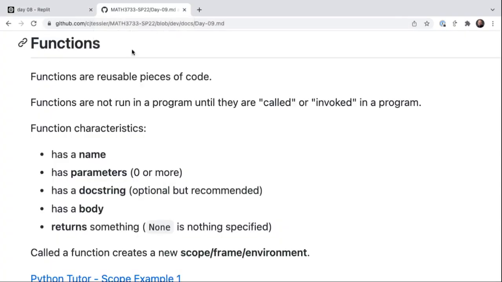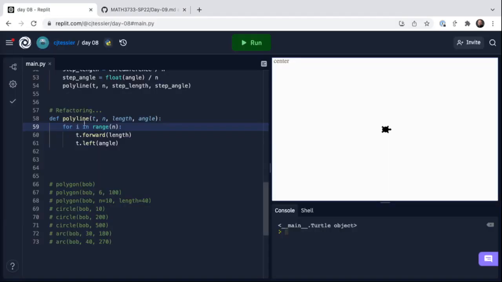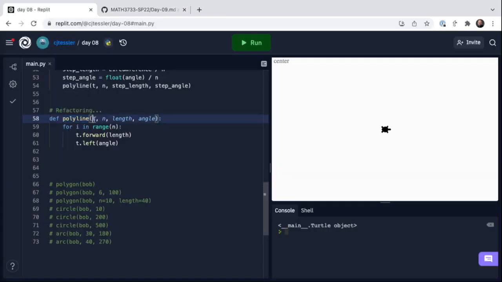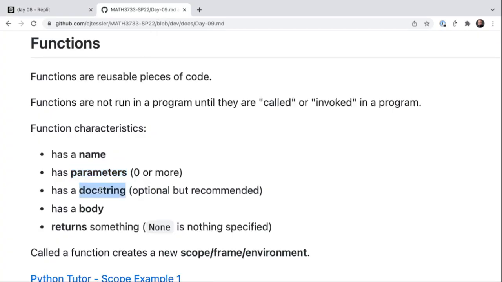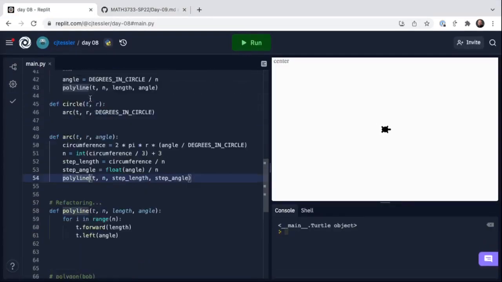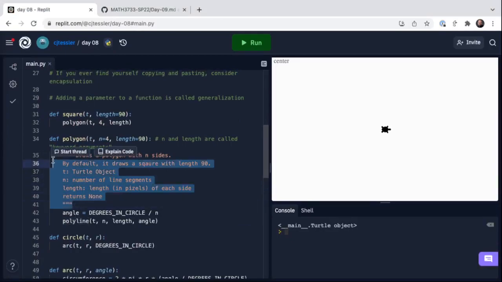Okay, so a couple characteristics of functions. It has a name, which is defined after the keyword def. It has parameters, 0 or more. Again, the parameters are what are inside these parentheses in the function's definition. It has a docstring. Again, the docstring will tell us what the function does. It's optional but recommended, especially if you are going to be writing a lot of functions,